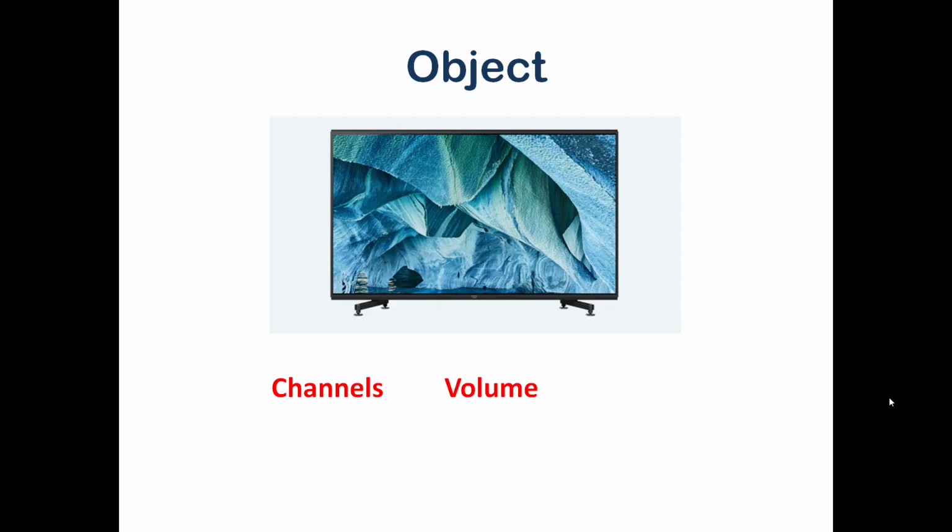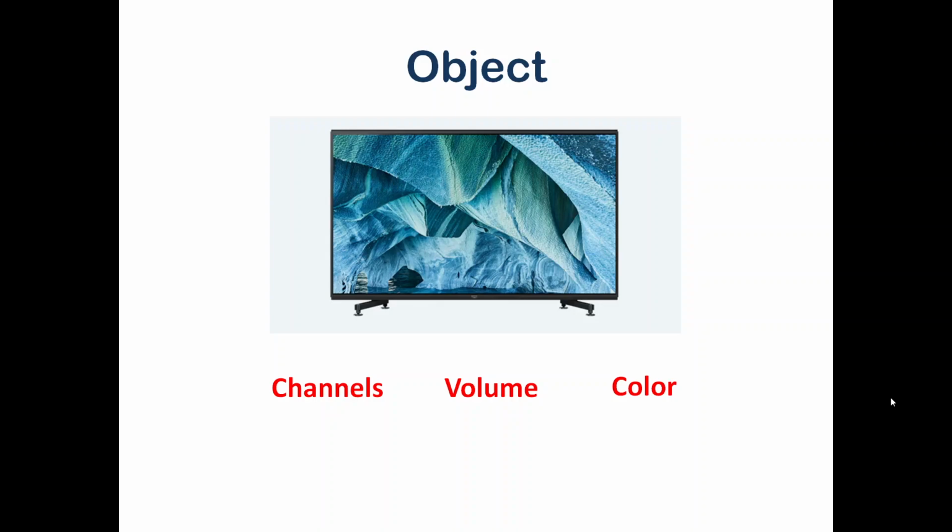Number two, volume. Similarly, you can change the volume. Volume can be increased or decreased, but again there is an upper limit beyond which you cannot increase the volume. And similarly the color, you can also adjust the color. I'm just taking three samples, but there is much more information available with the television which users can modify. So this is an object, and it has some data which can be manipulated by the user according to his preference.